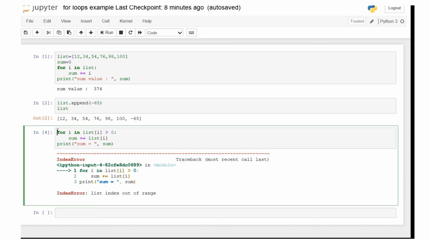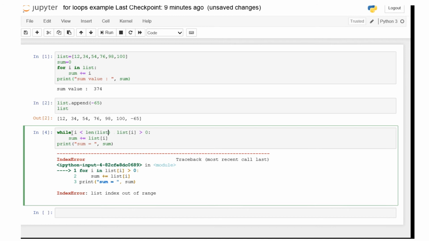We will try to change the loop here to a while loop. Instead of for, I am going to use while here. While I is less than, we are going to use the length function, the length of the list.